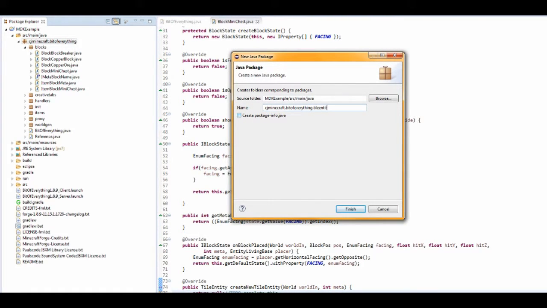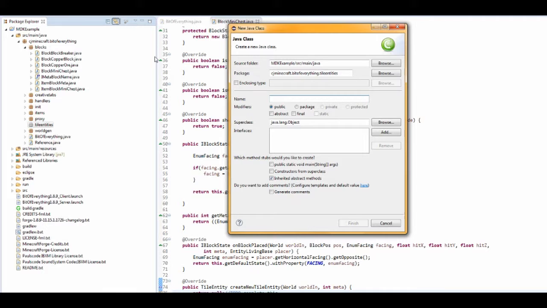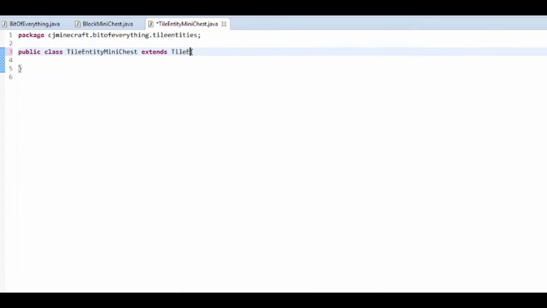So now I'm gonna actually make a new package, and it's going to be called .tile entities. And then add a new class in there, and I'm going to call that tile entity mini chest. Now I'm not going to be doing the inventory today, that's for the next tutorial, and all you want to do is hit extend tile entity